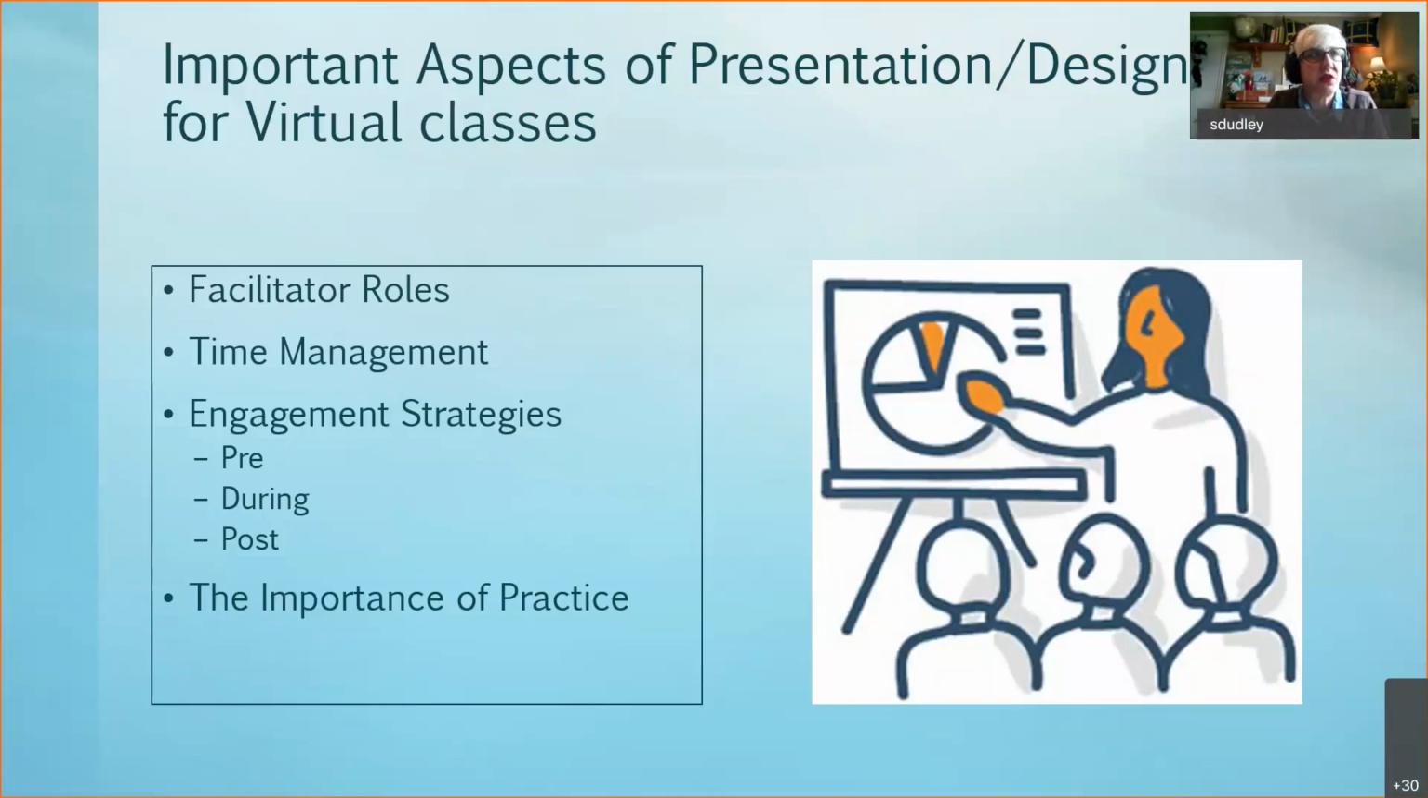So let me just tell you what we normally do at this time that we're not going to make y'all do. Normally we make our participants do teach backs. We break the participants into small groups in breakout rooms, and we have 4 groups: a group that learns about facilitator roles and teaches back to the rest of the class, a group that learns about and teaches back about time management, a group that teaches back about engagement strategies, and a group that teaches back about the importance of practice. We're not going to make y'all do that